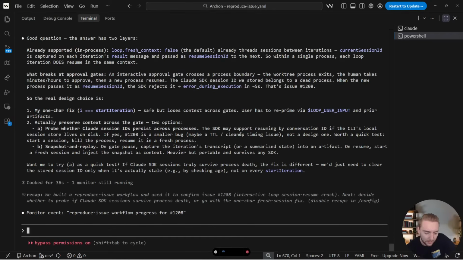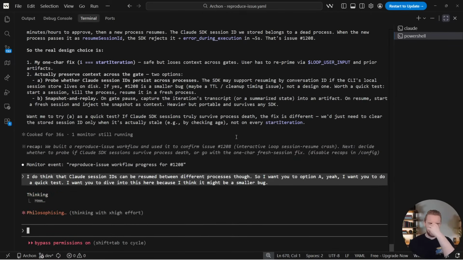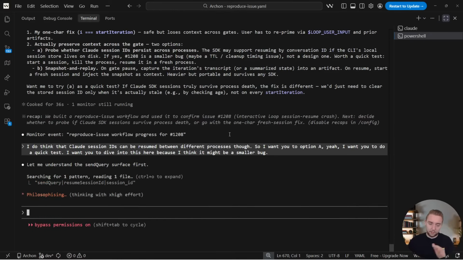I do think that Claude session IDs can be resumed between different processes, though. So option A, I want you to do a quick test. I want you to dive into this here because I think it might be a smaller bug. I want to be careful with this because whenever we approve something in an Archon workflow, I want the option to resume the same context session with the coding agent.